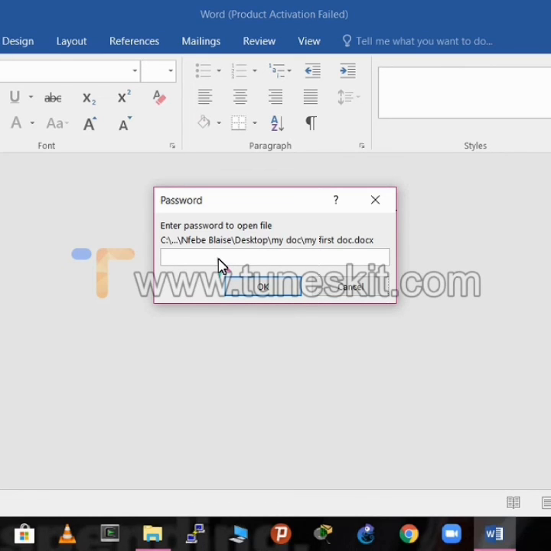So it is very easy to encrypt your Word document. So for me to open my document again, I put my password and I have access to my